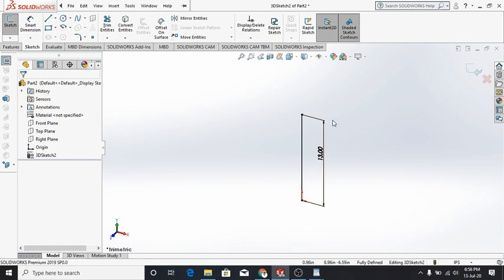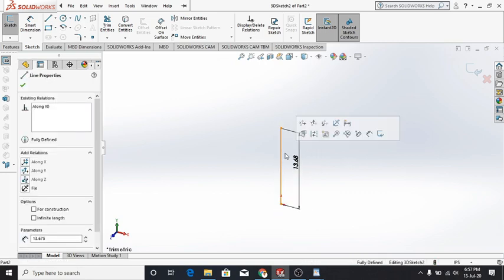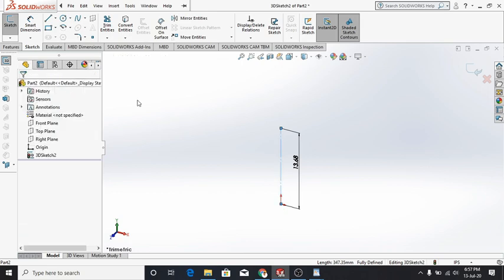So considering the dimensions of the tube, we have to take that accordingly. Now I'm changing this to 13.675. I'll tell you why I have taken 13.675: that is because of the pipe dimensions, 1.25 as the primary member. I'll be telling you what a primary and a secondary member is in the Baja roll cage. Now I want to change this to construction. That's just a reference line. I'm not going to do anything to that line.